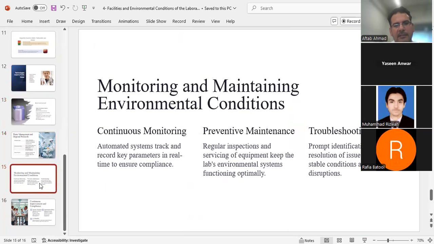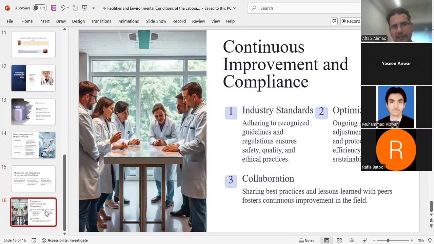Then there is monitoring and maintaining environmental conditions. We have discussed in detail all the environmental conditions: air, water, light, and all these things. We should properly check all these parameters and maintain them. And then there is continuous improvement and compliance. Whatever the requirement is, we should have to be like